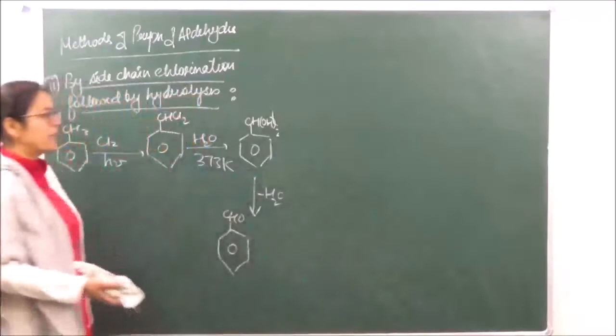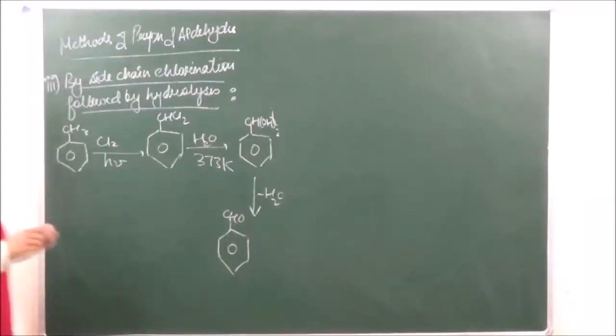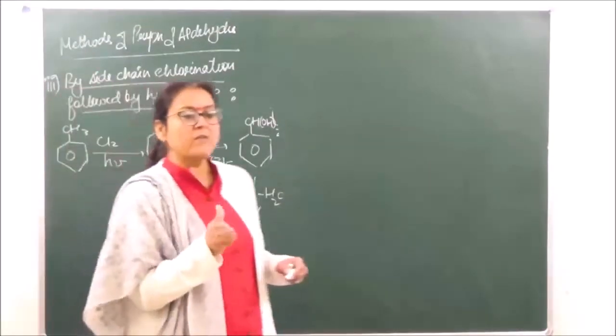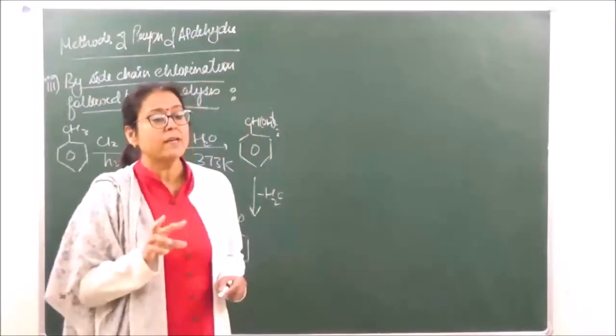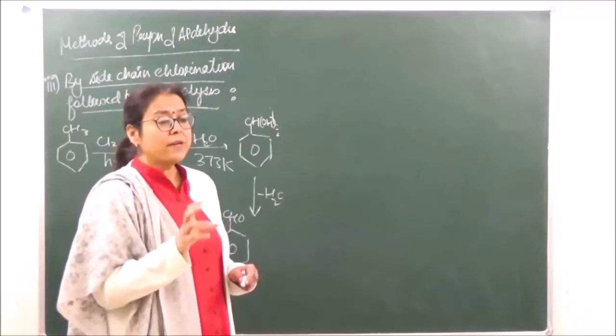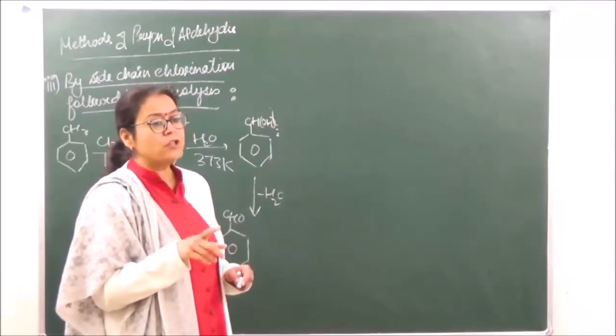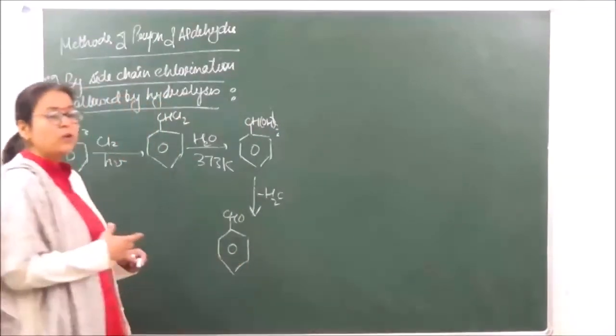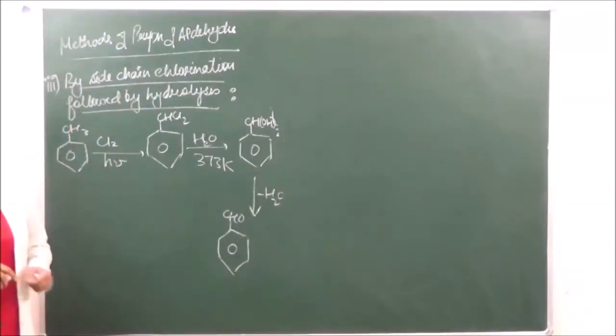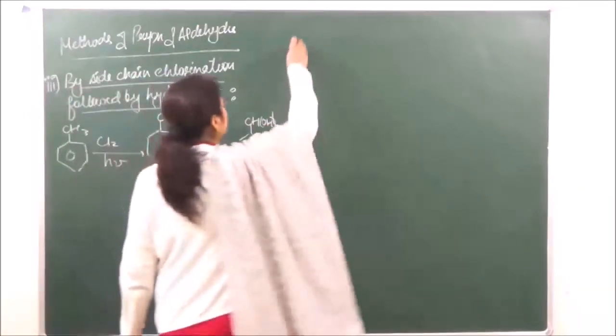Fourth reaction which we are going to do, again a very important one. The reaction which we had done earlier was the Gattermann reaction. This is the Gattermann-Koch reaction. Do not get confused in both. The Gattermann reaction was used for the preparation of haloarenes, and Gattermann-Koch is going to be used for the preparation of aldehydes. Okay? So we have the next reaction over here.